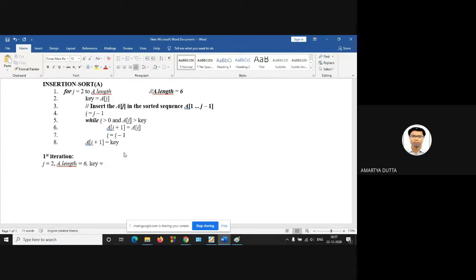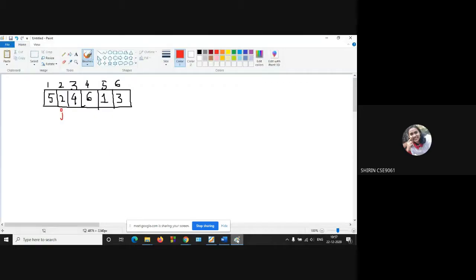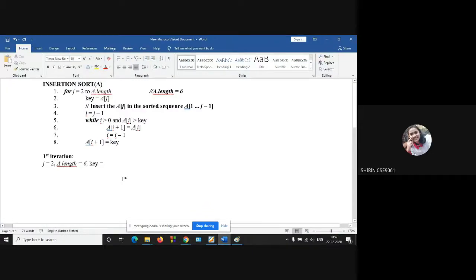Key was 5 maybe. J runs from 2 to A dot length, which is 6. That will be A of J, the second element of the array. It was 2. So key is equal to 2 at the first iteration.